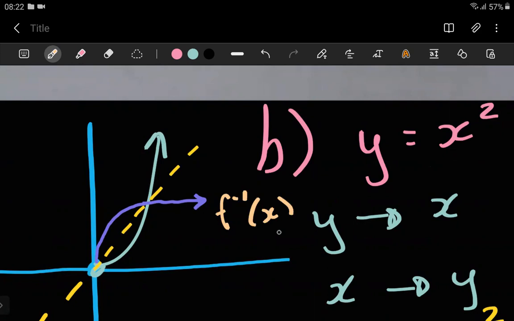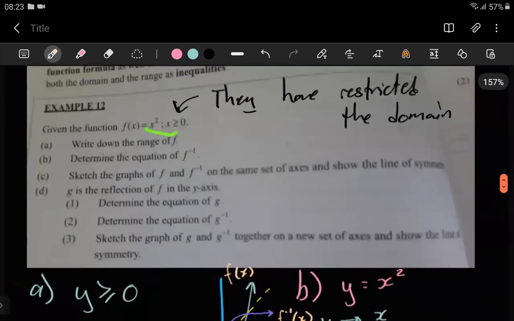So we can just label it now. This is the inverse. This is the original one. Even if they don't eventually ask you to sketch it, it doesn't matter. Sketching it has its own merits because it makes our life much easier. Cool. So for D,